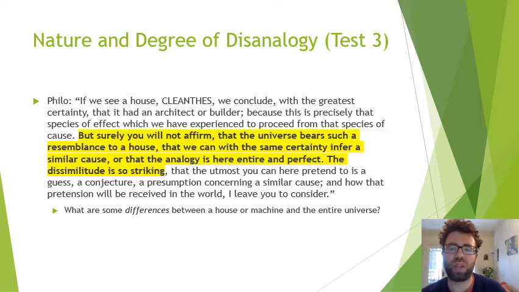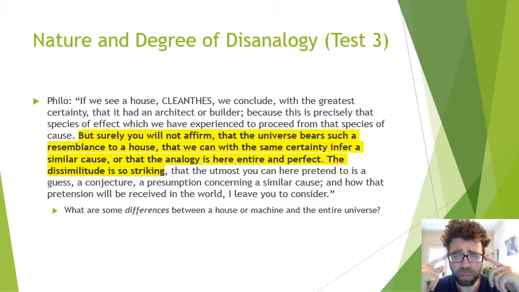In other words, what Philo is saying is, hey buddy, you don't really have an argument, you just have a guess. There's a difference between having a conclusion that's backed up by an argument and a conclusion based on a guess, just as there's a difference between knowing the correct answer on the test and making a lucky guess and getting it right. And why is Philo saying this? Well, Philo is saying that the universe and human-made complex machines are really quite different from one another. How so? Well, most obviously, the universe is a lot bigger. But Philo actually points out